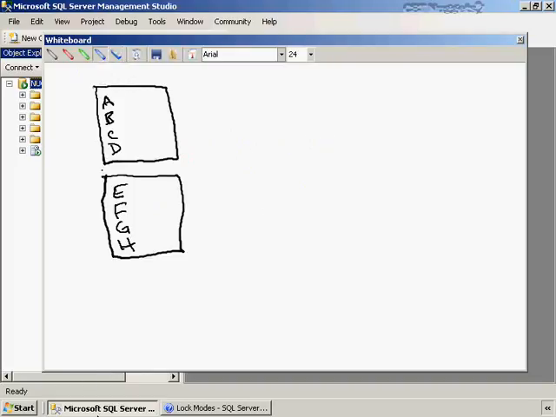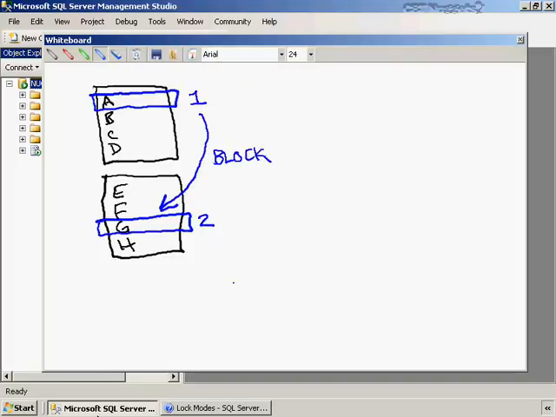Here's how that works. Let's say I've got transaction number 1, and it gets a lock on row A. So we're just going to put a little 1 next to this. I've got another application or another process that's running, and it gets a lock on row G. So we'll put 2 next to that. So far, there's no problem. Each of them has a lock on a separate resource. But now, process number 1 wants to get a lock on row G. Now, what could happen is it will just get blocked on row G until process number 2 is finished. Once process number 2 is finished, its lock will be released, and process 1 will be able to get the lock it was after. A deadlock, though, occurs